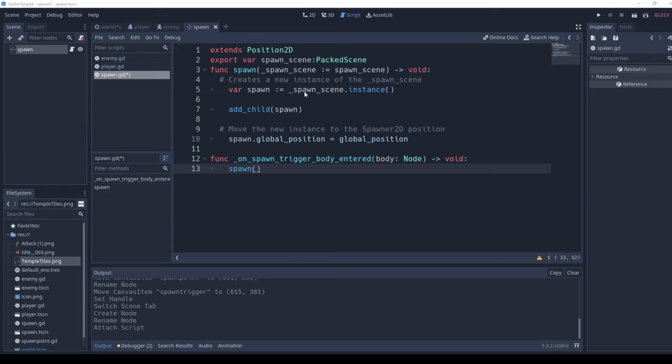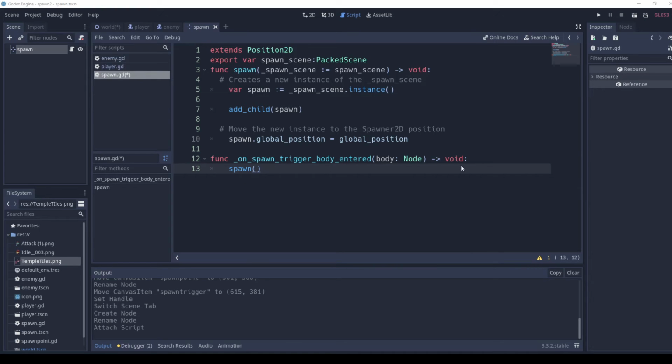We're going to create an instance every time we connect to this. We add the child spawn to the main scene, and we're using the spawn global position, which is equal to the global position, which means that wherever that spawn is in the world scene,